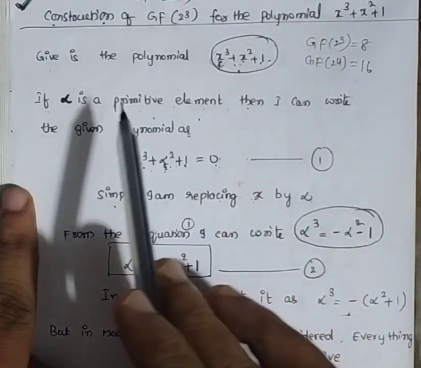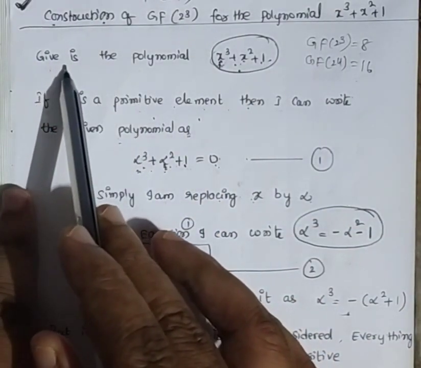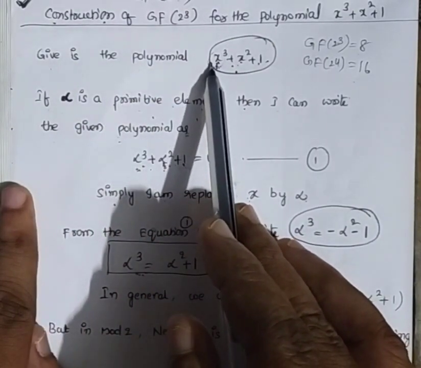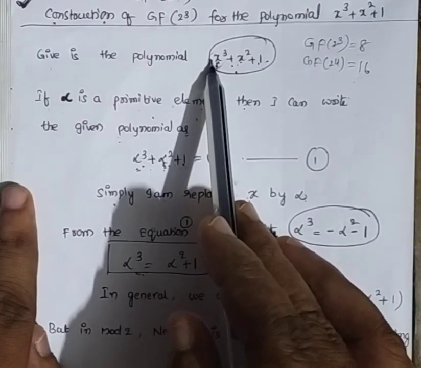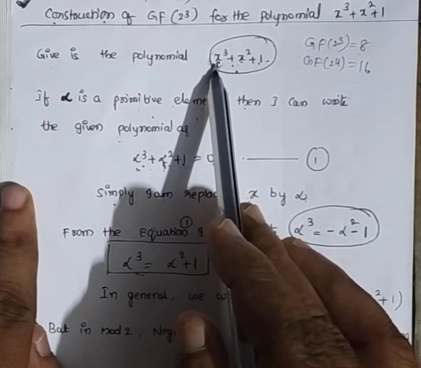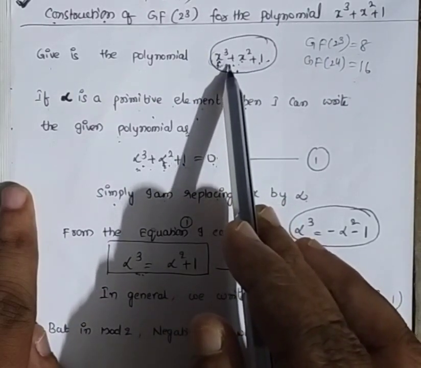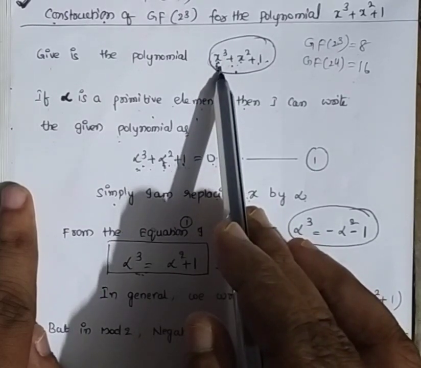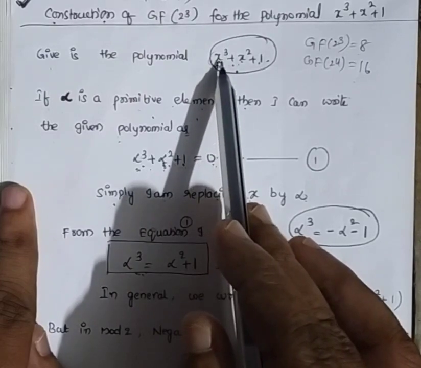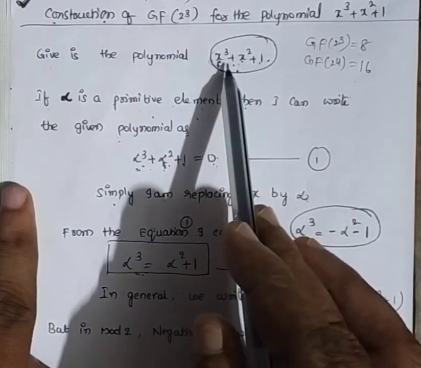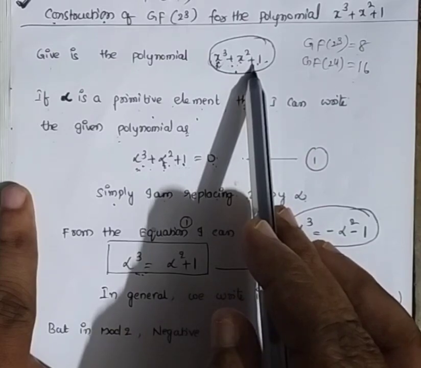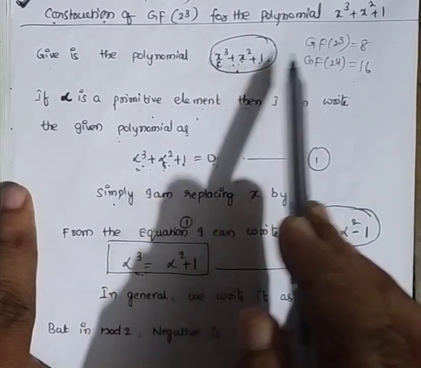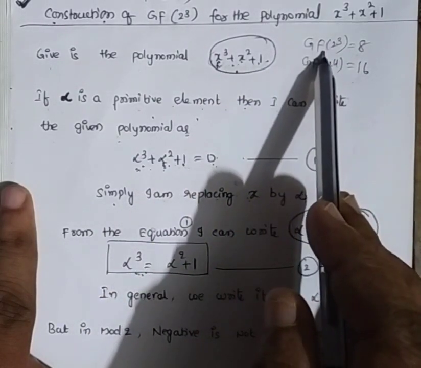Right? So now let us consider the primitive polynomial for the degree 3, and it is one of the primitive polynomials for the degree 3. There are 2 primitive polynomials when the degree is equal to 3. I consider one of them. That considered primitive polynomial is x cube plus x square plus 1, right? By using this primitive polynomial, I am going to calculate the 8 elements present in the Galois field 2 power 3, right?